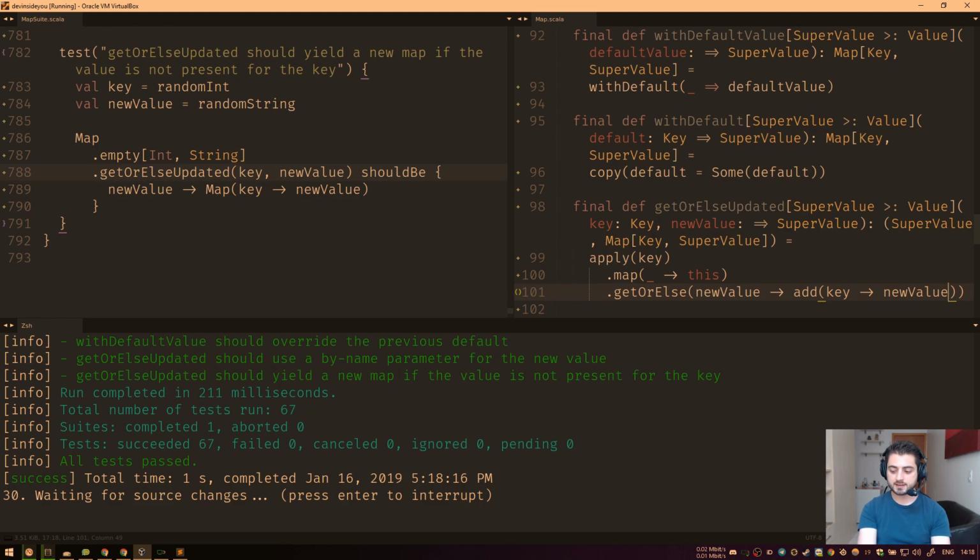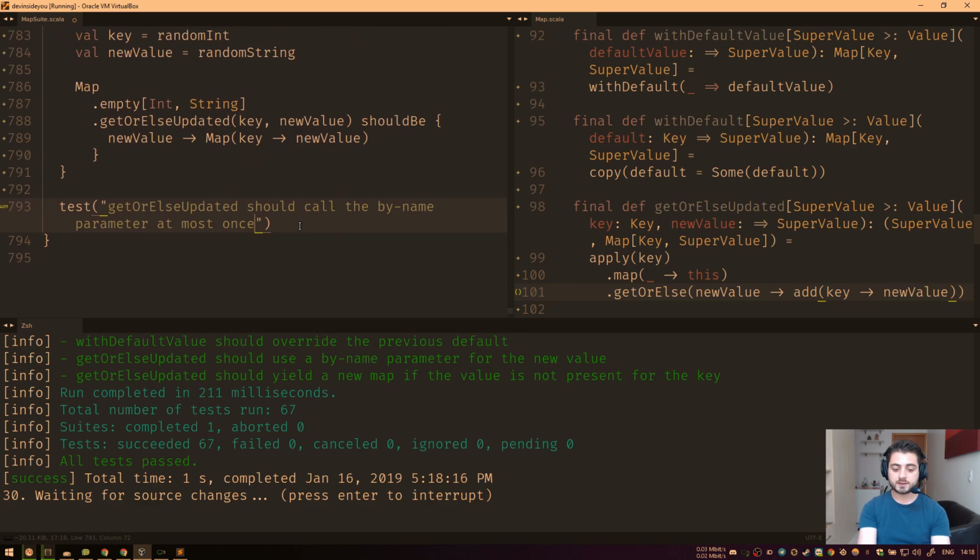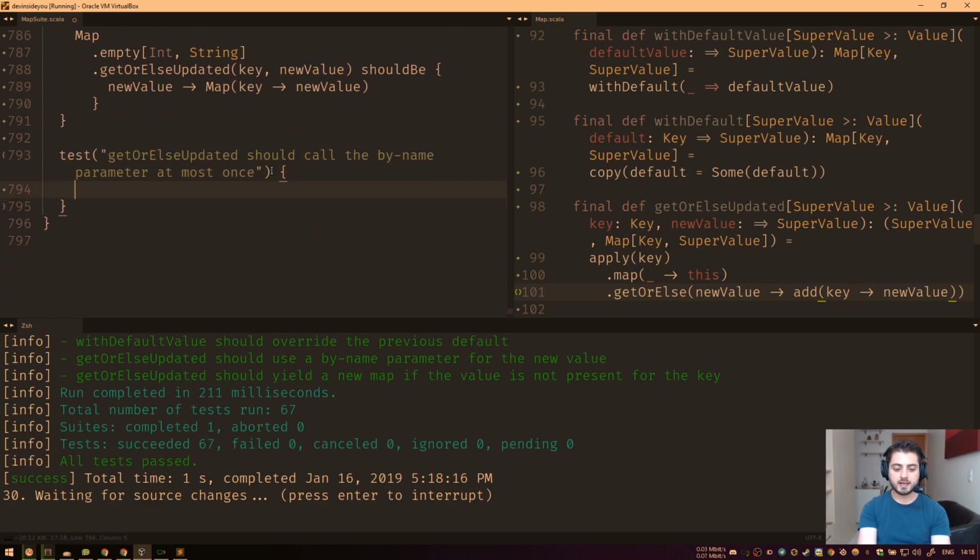So the next test that we're going to add is going to be that the by-name parameter should be called only once, right? getOrElseUpdated should call the by-name parameter at most once. So we're being very, very, what's the word, very professional with tests today. So we're testing really every corner case. So we're going to have times called